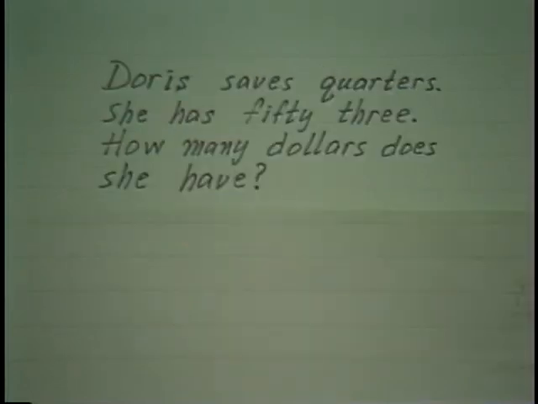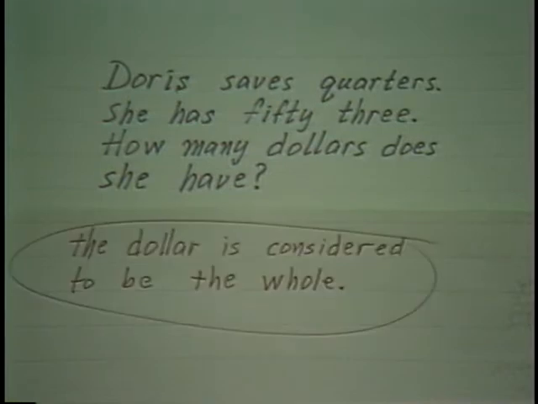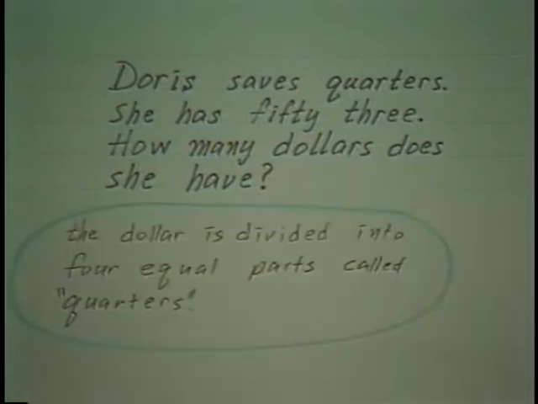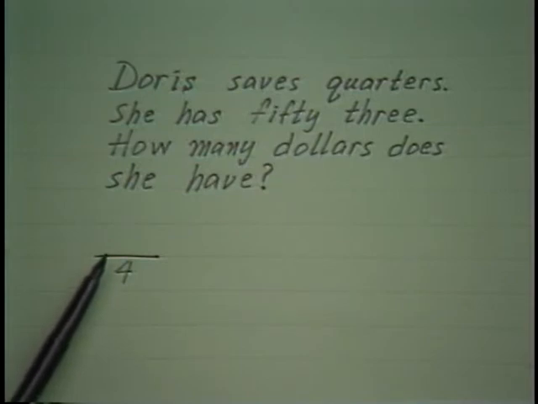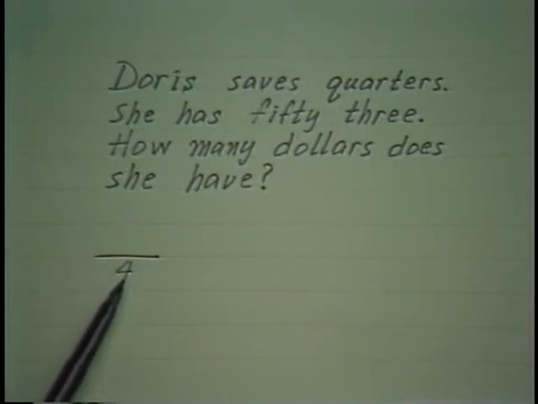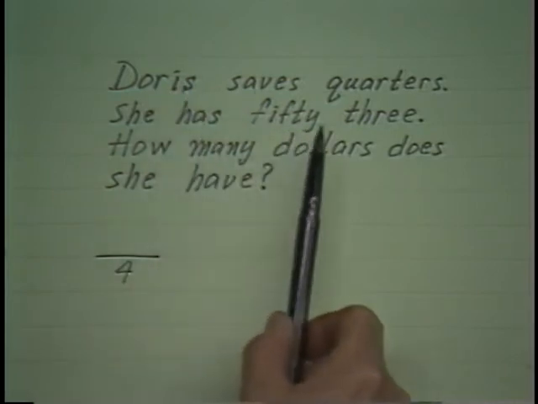Let's try this rather simple verbal problem. Doris has 53 quarters. How many dollars does she have? Now, do you realize that in this problem, the dollar is considered to be the whole, and the quarter is what divides the dollar. That dollar is divided into 4 equal parts called quarters. Therefore, to write these words in mathematical symbols, we get first that the whole, the dollar, has been divided into 4 parts. And furthermore, Doris has 53